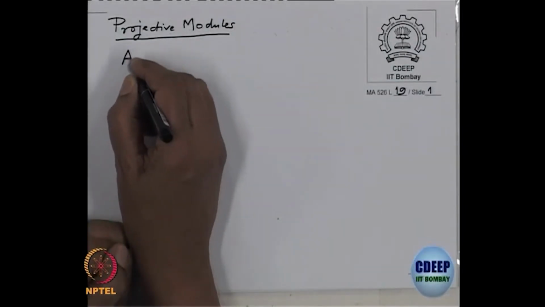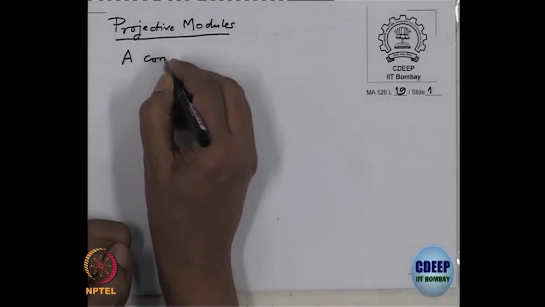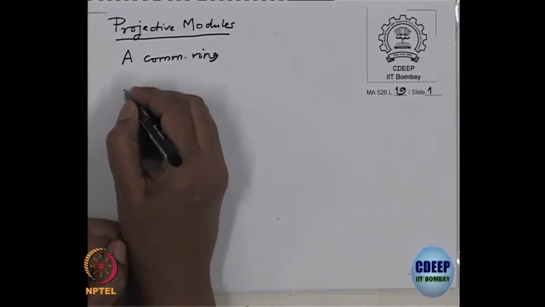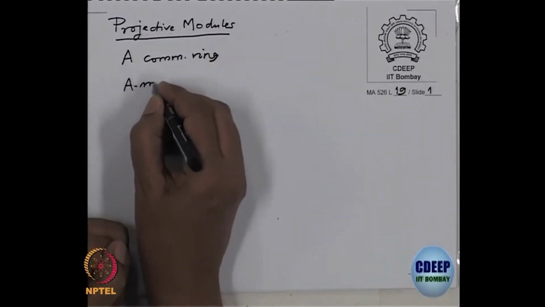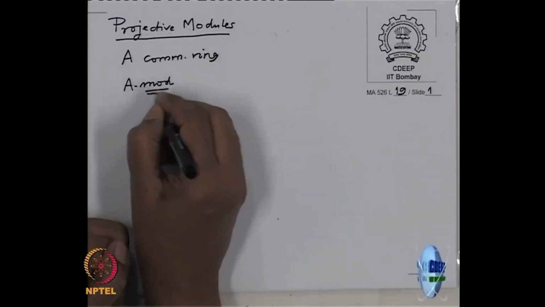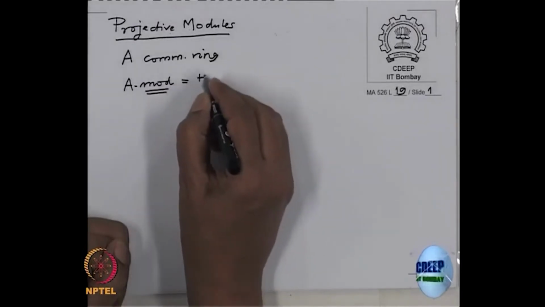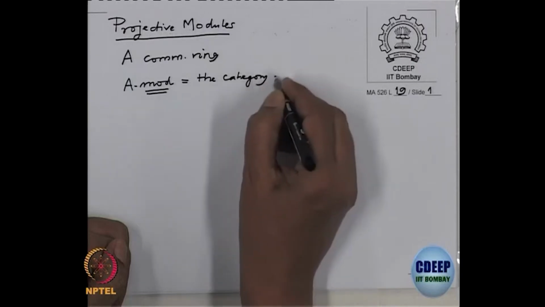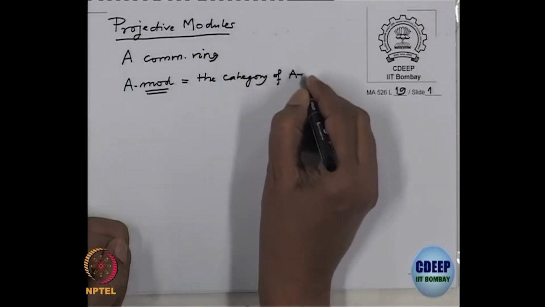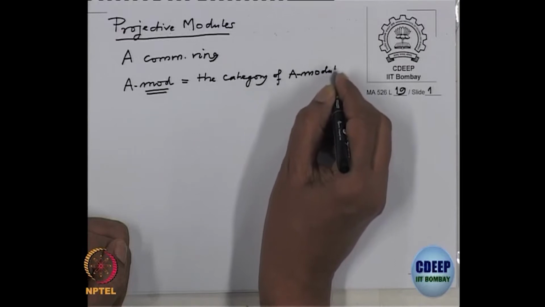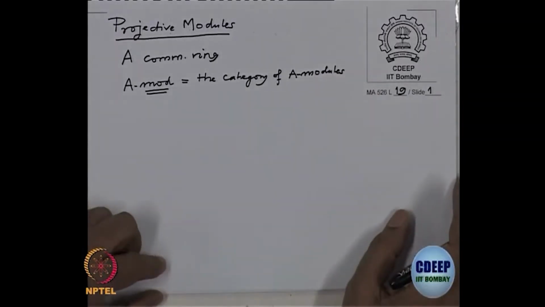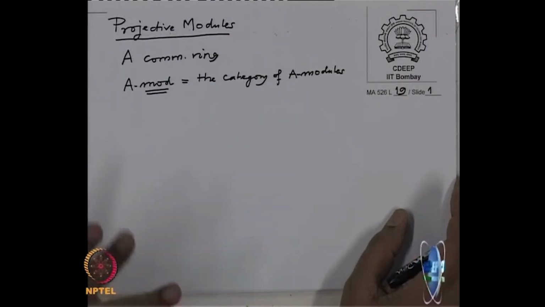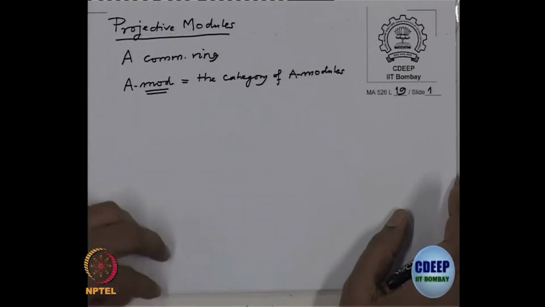So, A is our fixed commutative base ring, and we are studying the category of A modules. And the idea is to get information about the ring from this category. That is the main idea. Okay, so